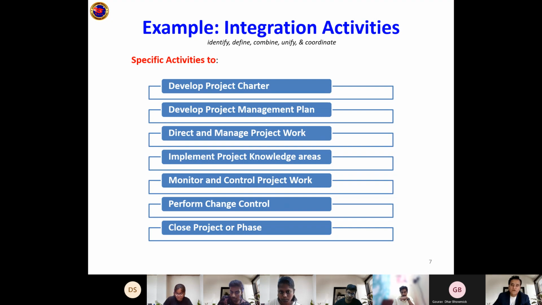Then after the activity, you have to monitor and control those activities. Then the next one is very, very important, the change control. Why change control? Because no matter how perfectly you plan any project, there will always be changes. Like today,